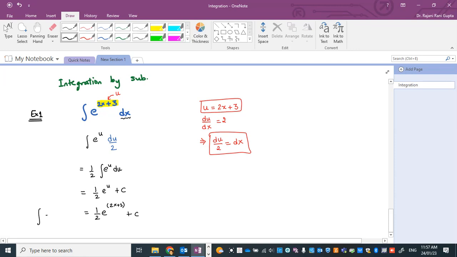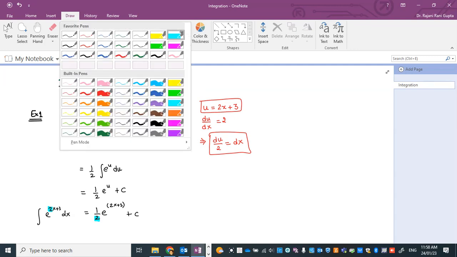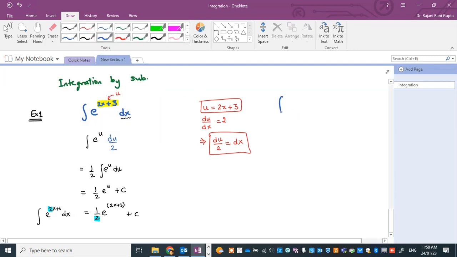So this is the integral of e power 2x plus 3 dx. If we try to understand this, we notice that whatever is the coefficient of x comes into the denominator and the exponential function remains the same. So this rule can be generalized as the integral of e power ax plus b dx is e power ax plus b, because for the exponential function the integration remains the same, divided by the coefficient of x, which is a here, plus